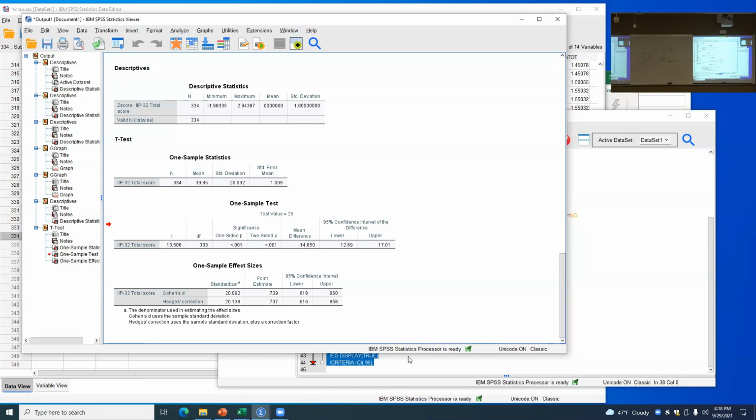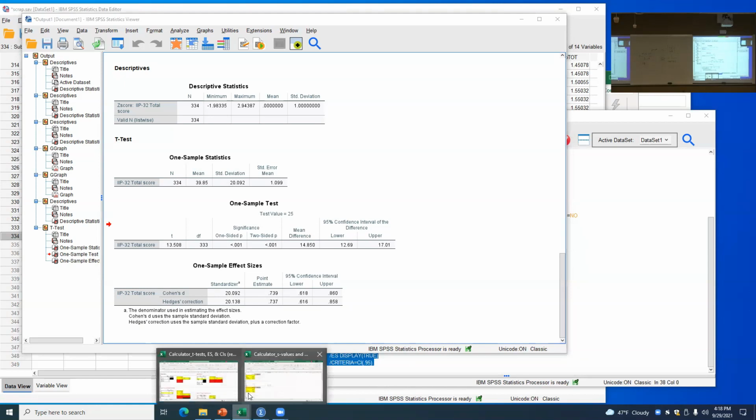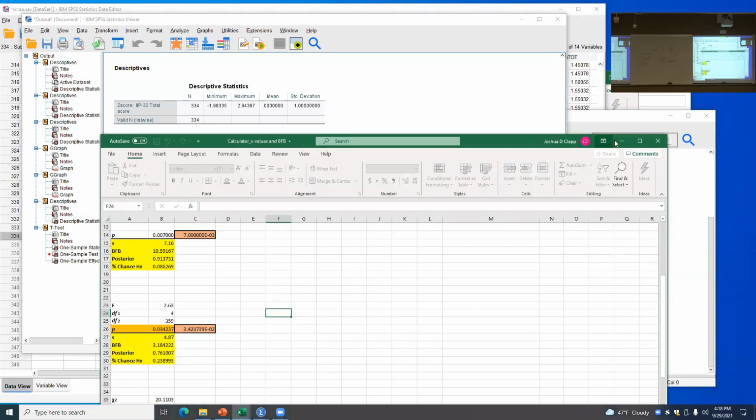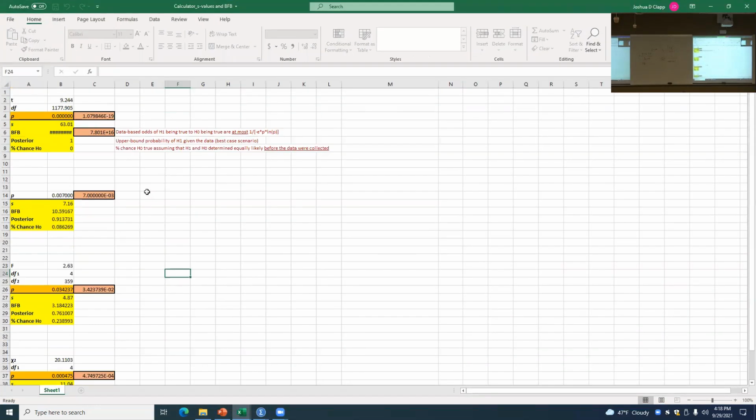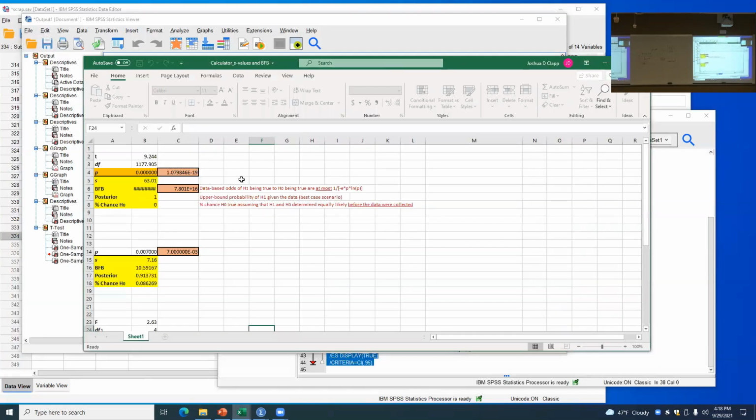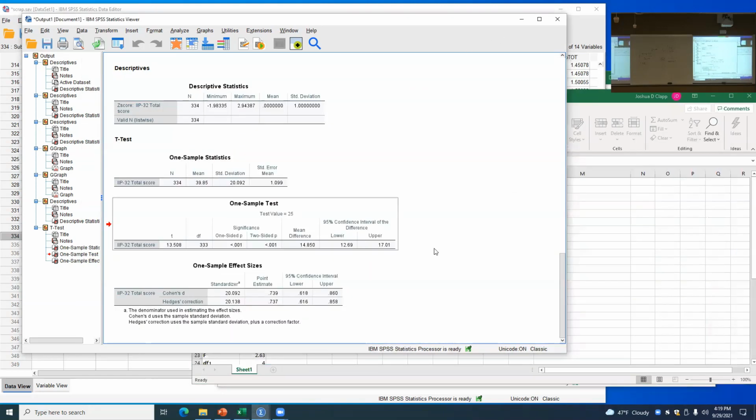But what I'm going to have you all do is streamline things eventually. Create yourself a nice little Excel calculator where I can plug in the p-value, copy it from SPSS, and drop it into this field where it calculates things for me. Or I can take my t-value, which is 13.508,